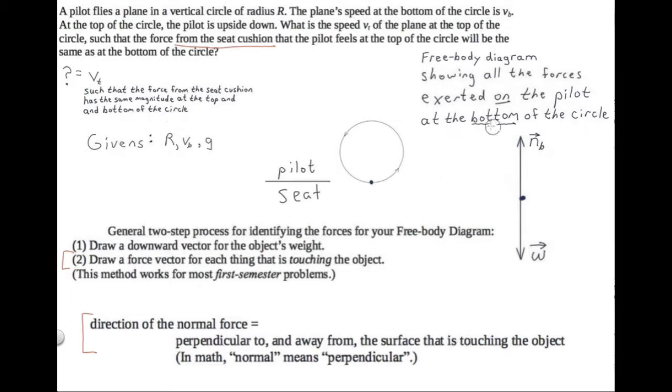When the pilot is located at the bottom of the circle, the pilot will be sitting on top of the seat. So when the pilot is at the bottom of the circle, the seat will exert an upward normal force on the pilot. We use this symbol, n sub b, to represent the upward normal force in our free body diagram. Notice that we're using the subscript b to indicate that this is the normal force exerted at the bottom